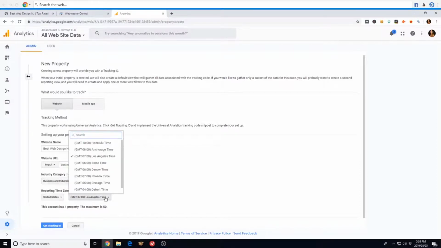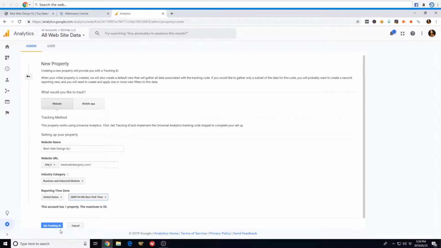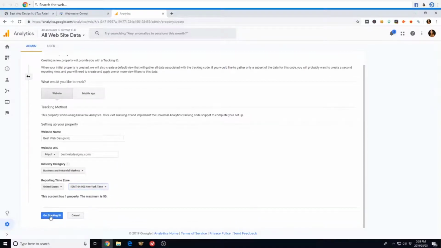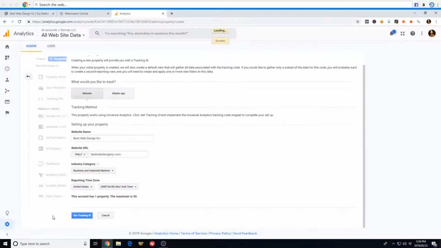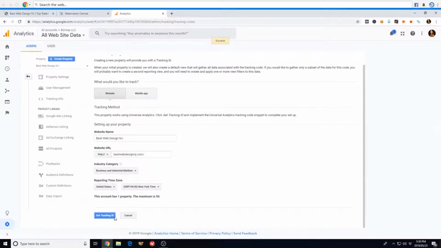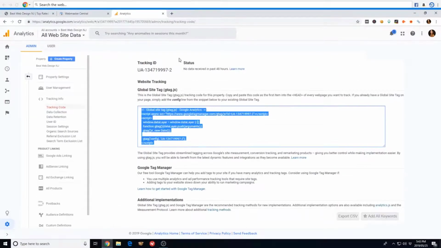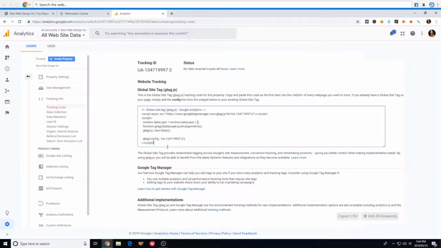Reporting time zone. I'm in New York area, so let's get a tracking ID. Okay, so there's a bunch of different ways that you can set up Google Analytics in your website. The way that I do it is with a plugin. So you're going to copy this right here,